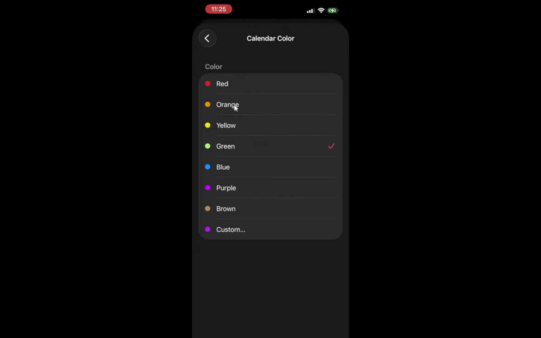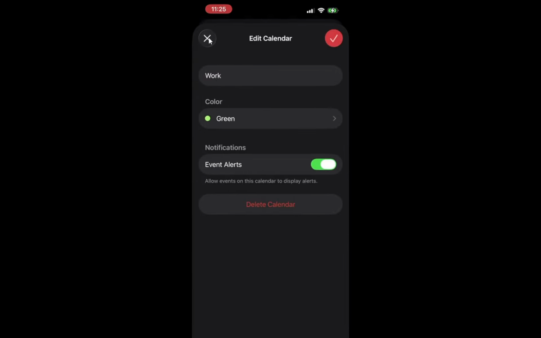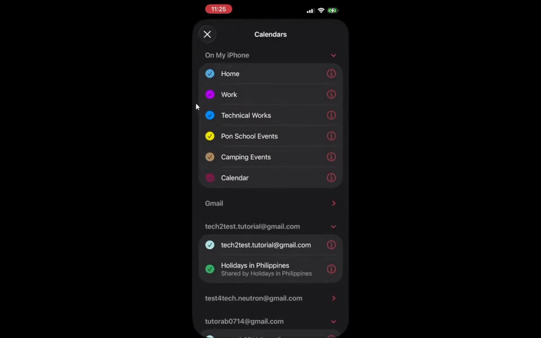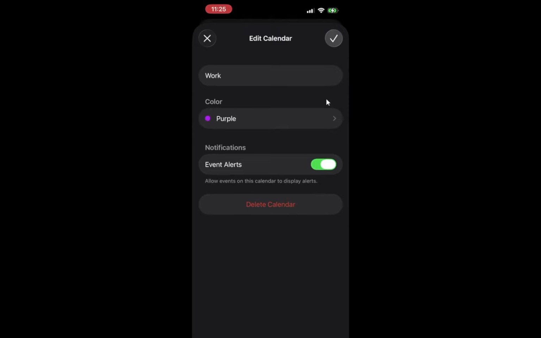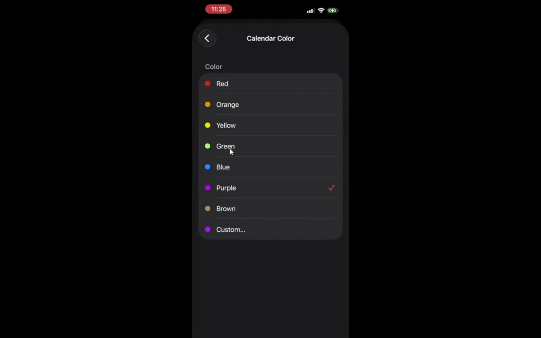After that, tap Done. The Done button is usually in the upper right corner of the screen. Tapping it takes you back to the calendar list, where you will now see the new color circle next to that calendar name. Tap Done again on the calendar list to return to your main calendar view, and you will notice that all events from that calendar now show in the color you picked. You have just customized the color for a calendar so its events stand out in Apple Calendar on your device.